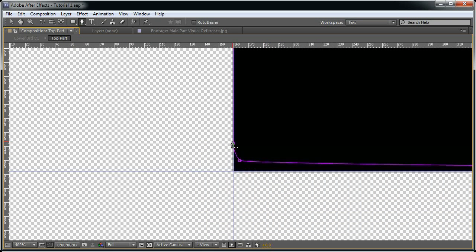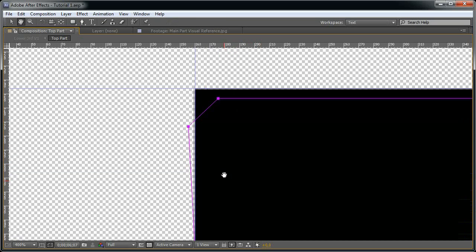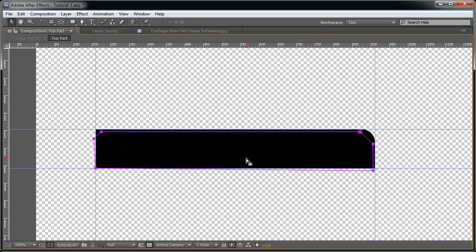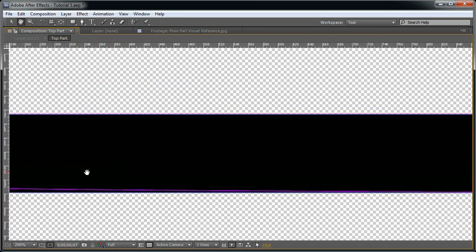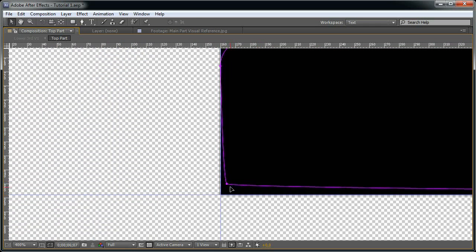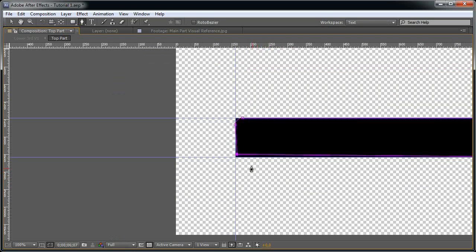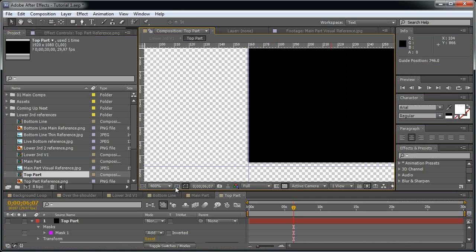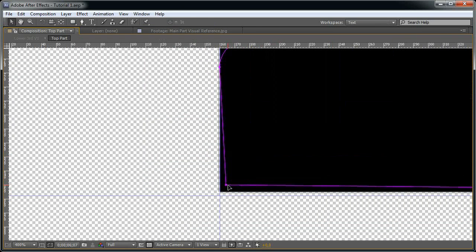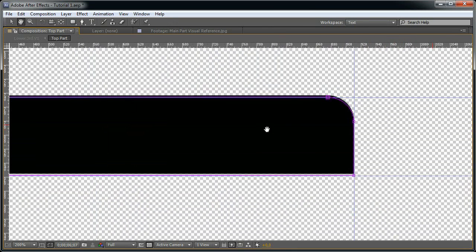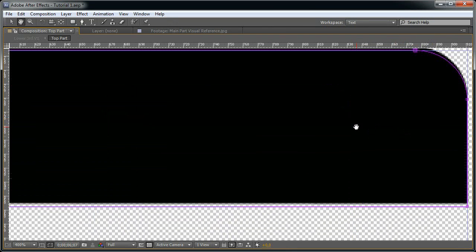So we need to delete these points, oops, and just select this single point and move it into place,